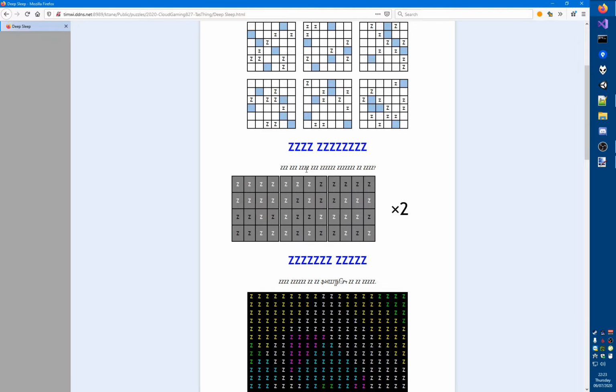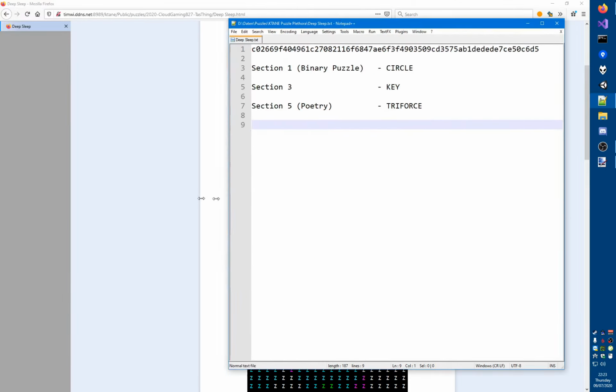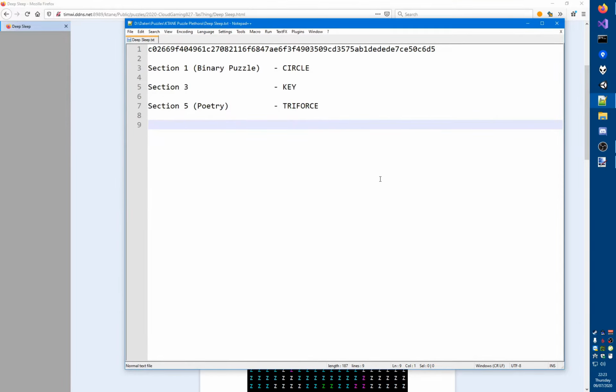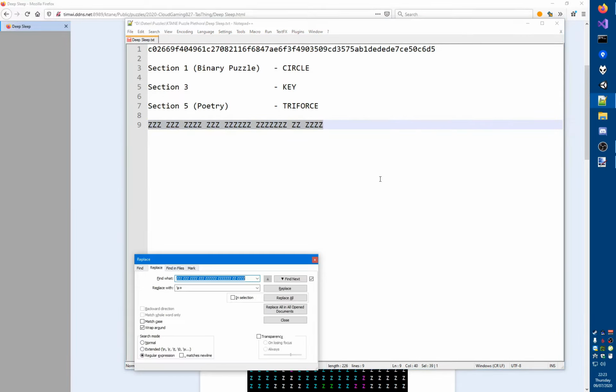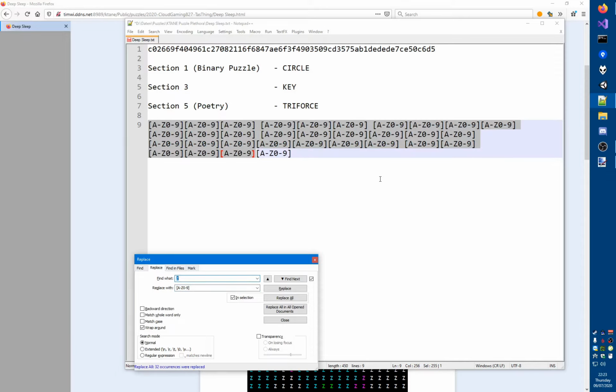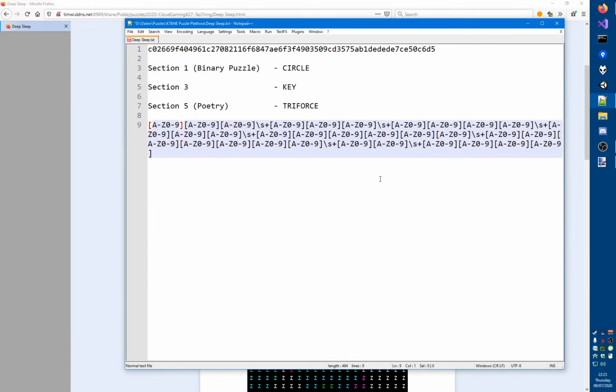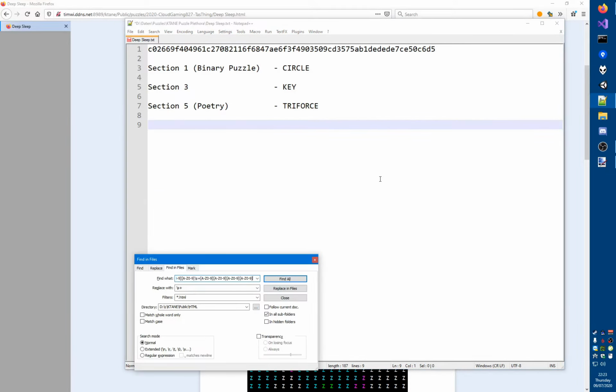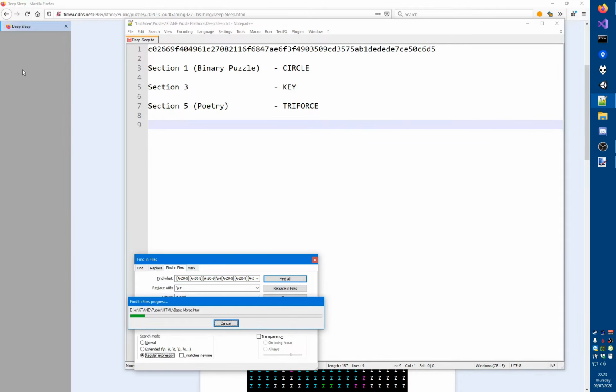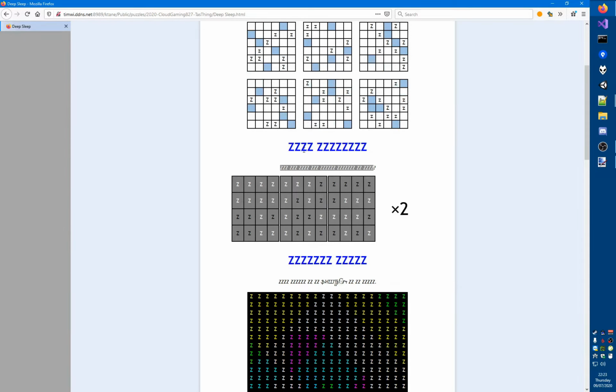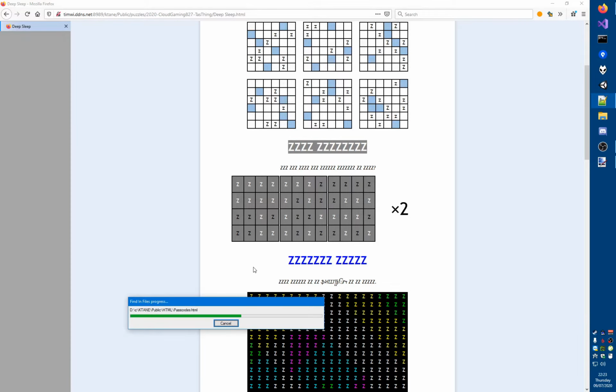All right, so I guess now that we know that each of these Zs could be a digit as well, we can actually easily find each of those flavor texts. So we're just going to replace all of the Zs with A to Z 0 to 9, like this, in the selection. Replace all the spaces with this, and then find this in all of the HTML files. And we should be able to find the flavor text for section 2, which